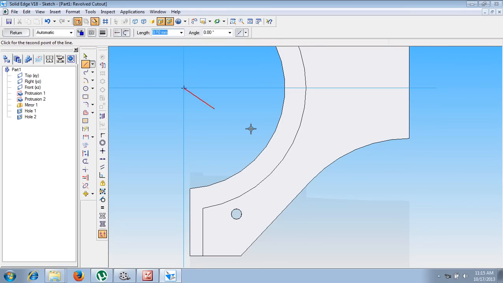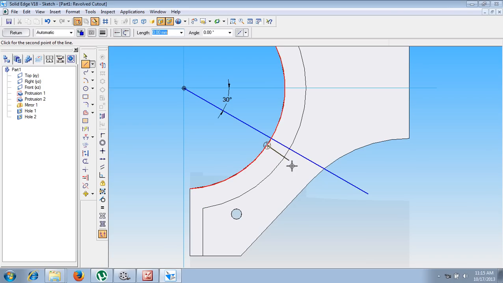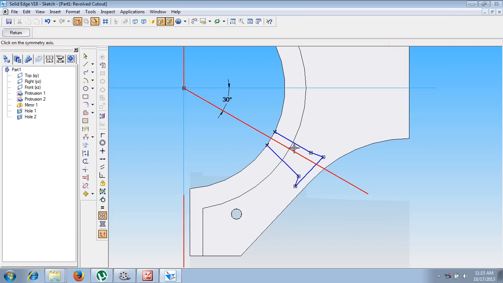Using a line command, starting from the center, simply draw a line and using angle between command, give the angle between these two lines as 30 degree. After doing that one, using a line command, simply draw a line which is supposed to be like this. Simply draw a line, then incline positions like this. An approximate sketch you have to draw. After drawing this approximate sketch, then make use of a command called symmetric relationship. These two must be symmetrical to each other.